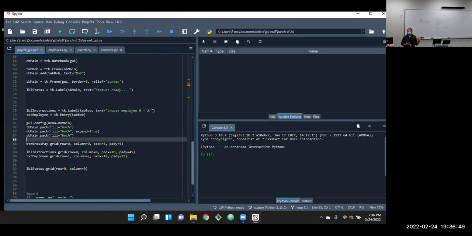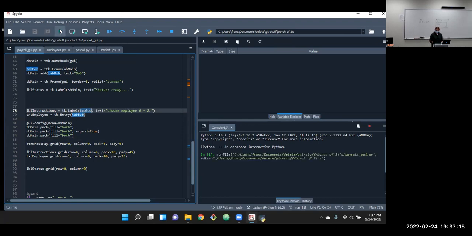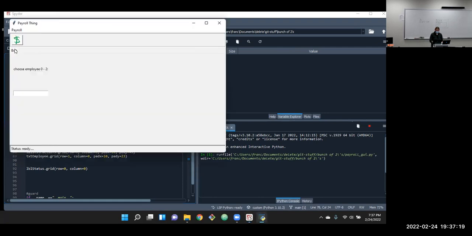Hopefully that makes sense. I'll give you a second to think about it. All the rules for how those get put into a grid are the same. Hopefully if you're following along, all I did there is change what the parent container is. Same rules, just a different place. Let's try this again. Oh, no error messages that time. There we go. So you can see the Bob one is there.